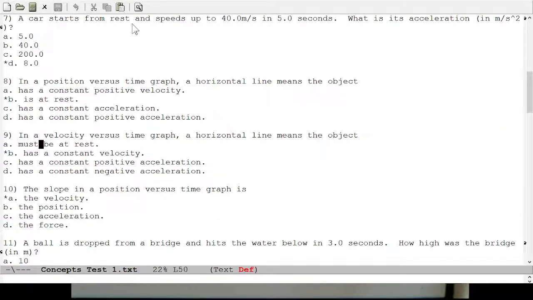Right. So a car starts from rest, this is number 7, and speeds up to 40 meters per second in 5 seconds. What's its acceleration in meters per second squared? Right? And so this is another one